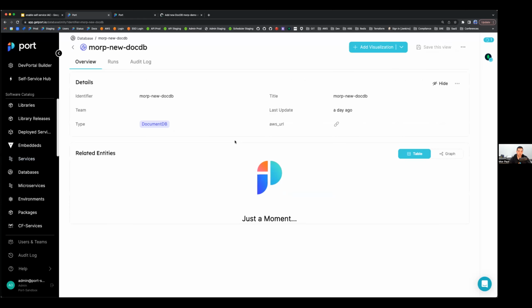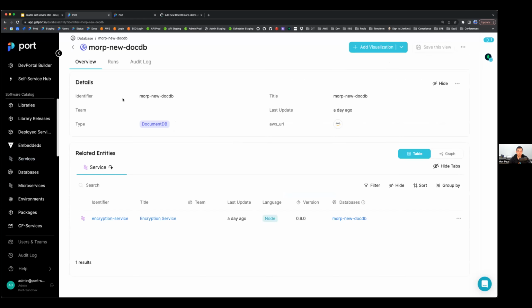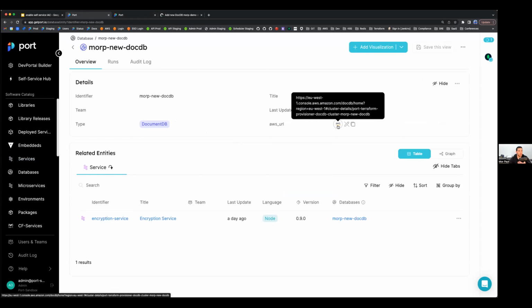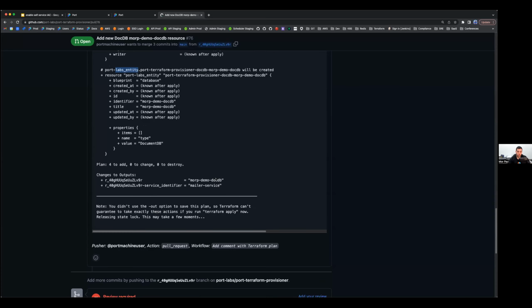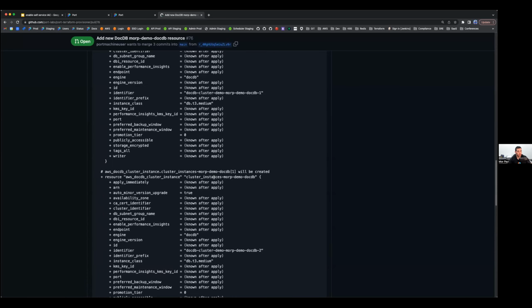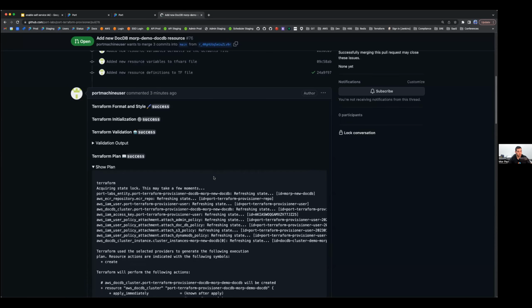And if I go inside that database entity, then I can see its information, and I can even see a URL to this database in the AWS Cloud UI. And I will also be able to see which service actually uses that database. Now, if I'm going to go ahead and merge, this will run for about 5 to 6 minutes and actually